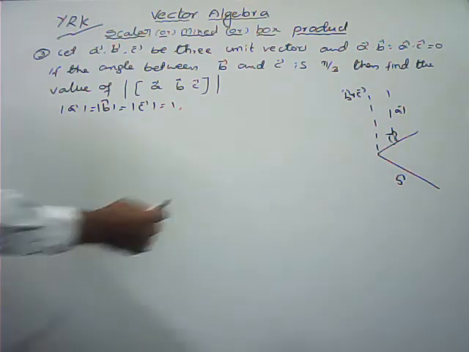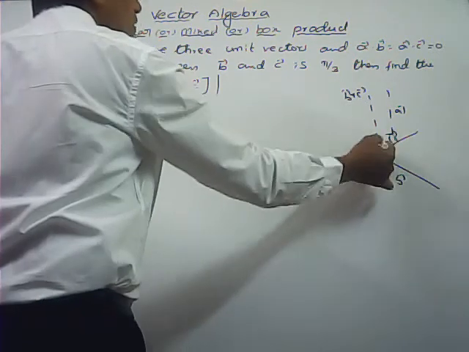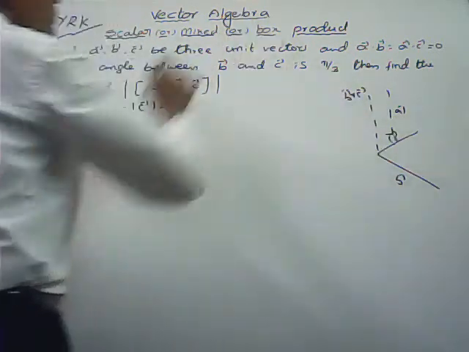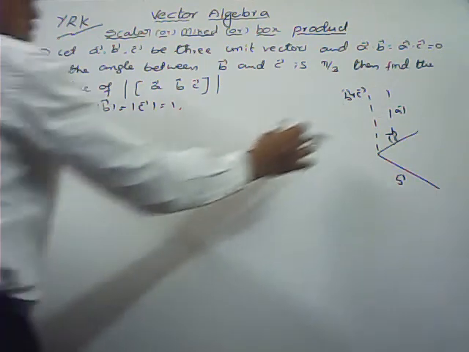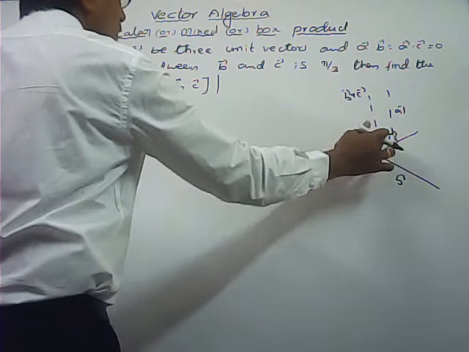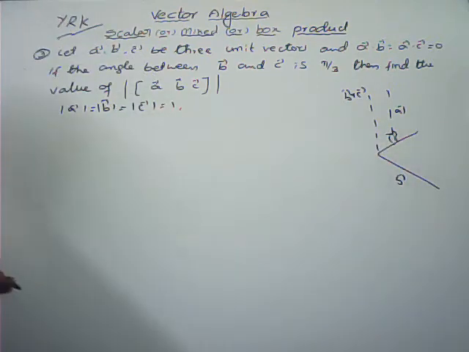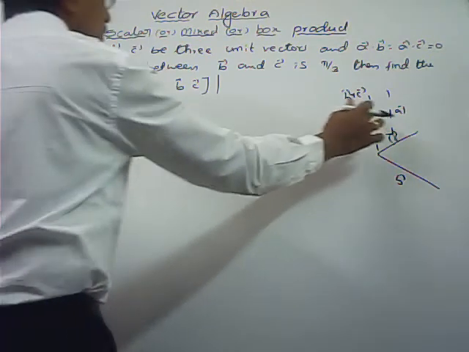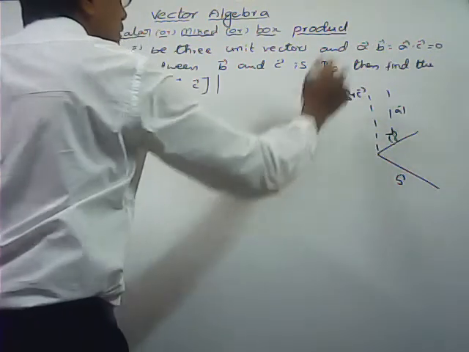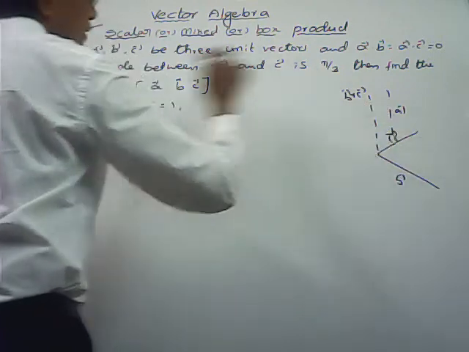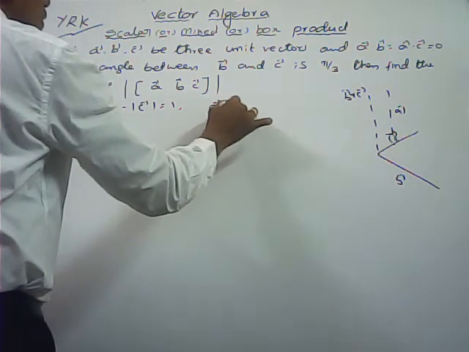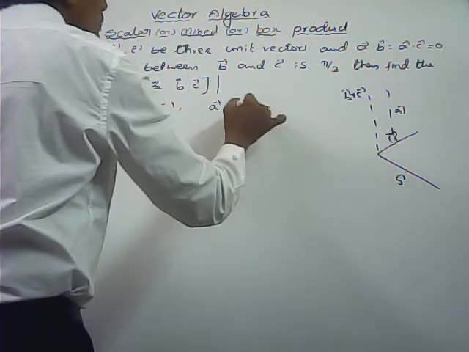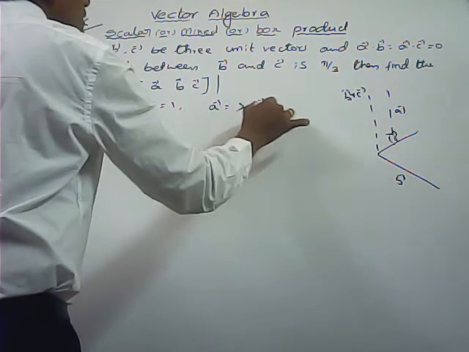So like that, here A bar is perpendicular to B bar comma C bar means A bar is parallel to B bar cross C bar. Here A bar is parallel to, what is the vector perpendicular to the plane containing B bar and C bar? That is B bar cross C bar. So now here A bar is also perpendicular to both B bar and C bar. So these two are parallel. If these two are parallel, here we can express one vector in terms of another one. So here A bar is equal to lambda times B bar cross C bar.